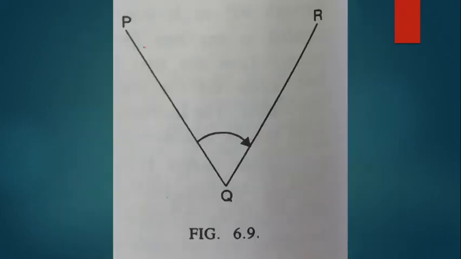Okay, so now let us say the instrument is at some point Q, and there are two survey lines QP and QR, wherein between these two survey lines the horizontal angle is to be measured. So this can be done either with a general procedure or the method of repetition. First we'll take up the general procedure.